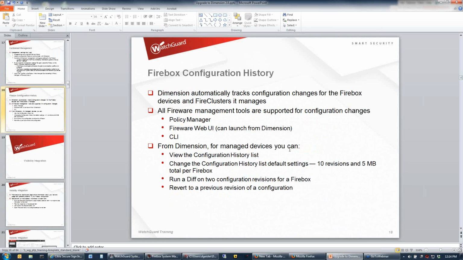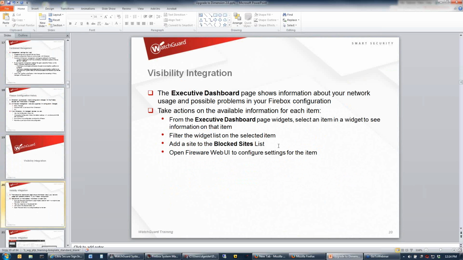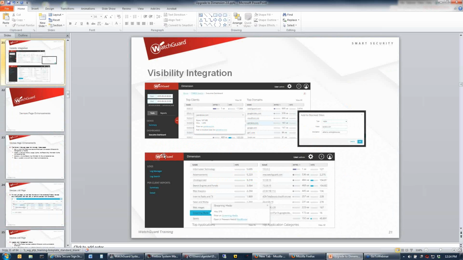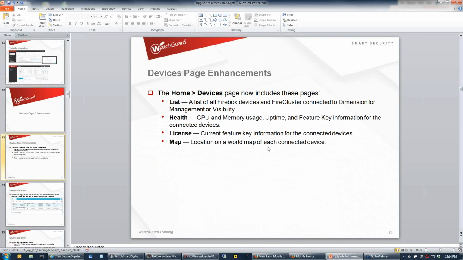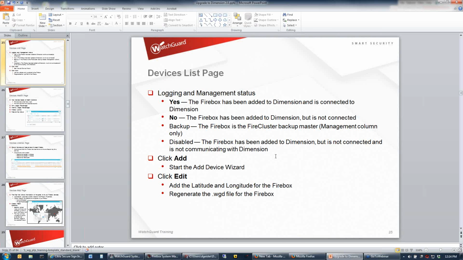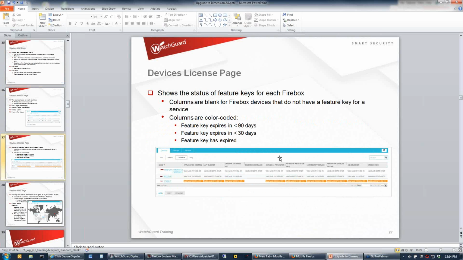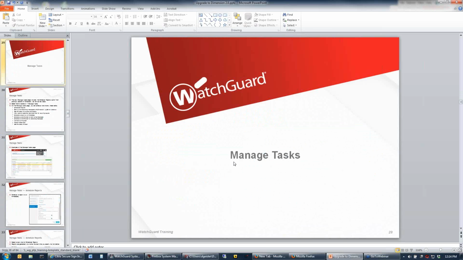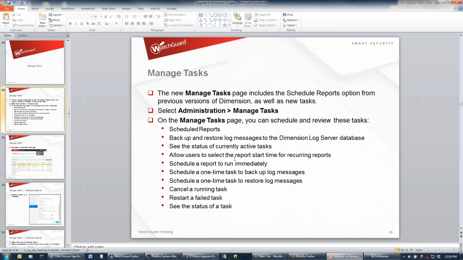I'm going to skip over some of the Dimension command slides real quick and jump into a couple of the changes here. Visibility integration, what you'll see is you can actually go into, as you're looking at the list of domains, if you want to add something to the block sites list, you'll be able to do that right from here. The device page enhancements, I covered those real quick already as we were jumping through this. So again, not to bore you with the slides, we'll keep jumping through these. So this is going to be one of the big changes that you'll see in the administration side of this,